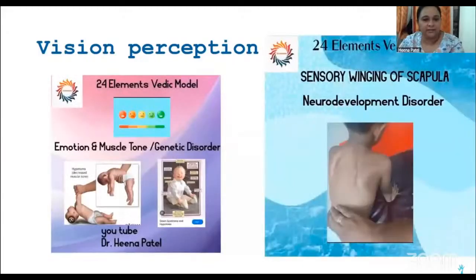And these are all muscle problems. Particularly, we find these kinds of muscles in genetic disorders. And in children with ADHD and autism, we find that the scapular muscles are not working properly, and they are having writing issues. So we need to work on these muscles, and these are all sensory muscles. So we need to fix the sensory system. If we fix the sensory system, these muscles come online for work, and then the whole writing is generated.